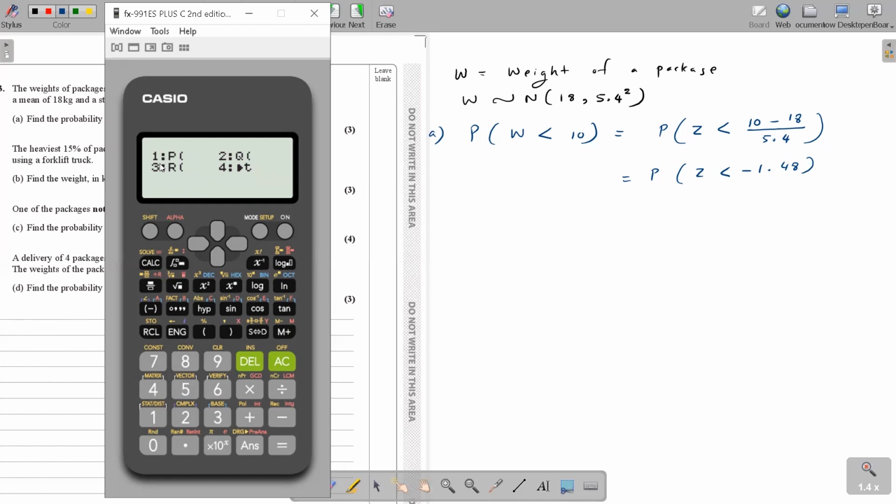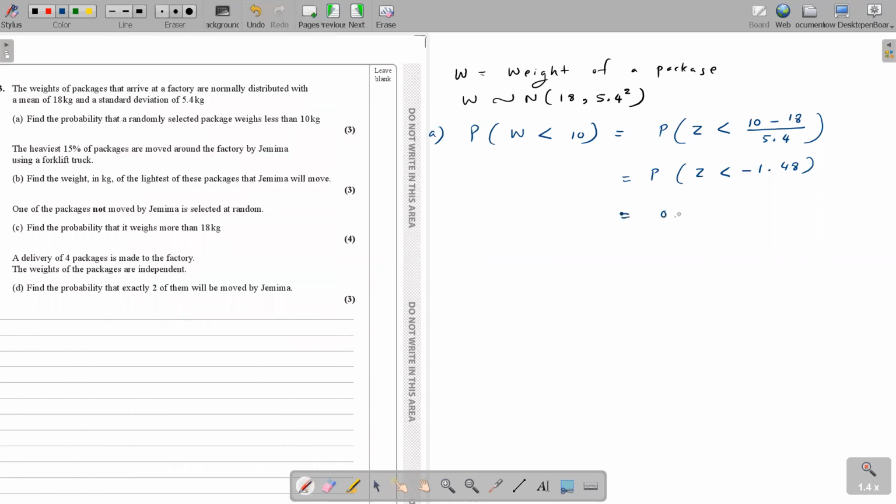Number 5 distribution and go to number 1. In number 1, P, it gives the probabilities for the area behind your line. So number 1, P, and what's your Z value? Minus 1.48. So this is the answer, 0.0694. You will get this exact answer. Now your book has 4 dp, so you can also give your answer to 4 dp, and it will look exactly as the answer in the book. So 0.0694. Are you with me?